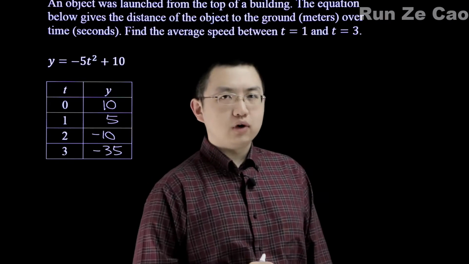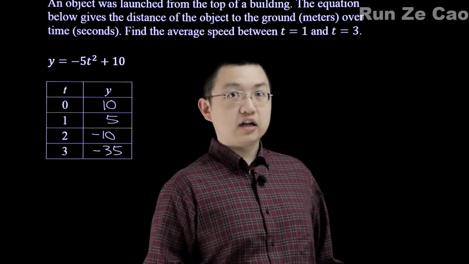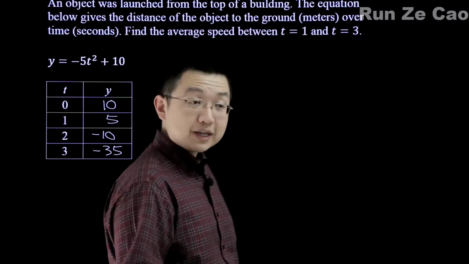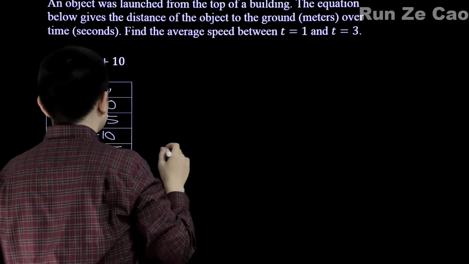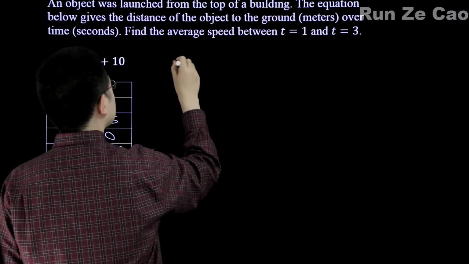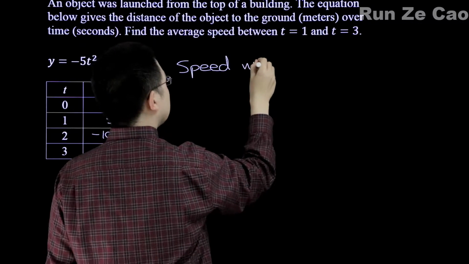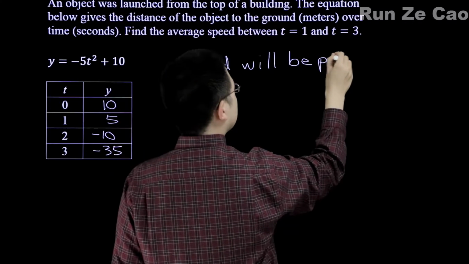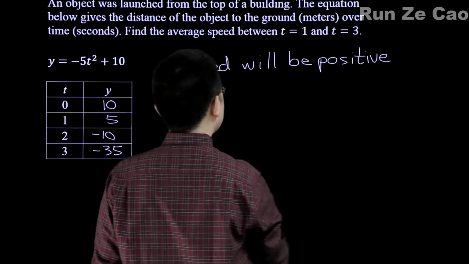We're not looking for velocity, 5 meters per second up or 5 meters per second down. We're looking for speed, which doesn't have a direction. So what we're dealing with is speed will be positive, thus it has to be